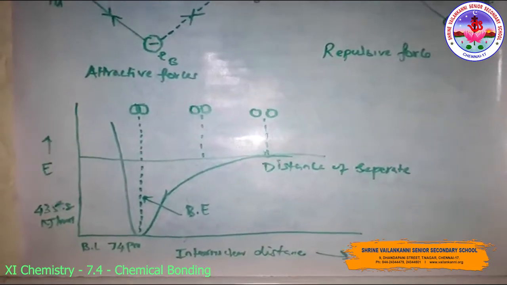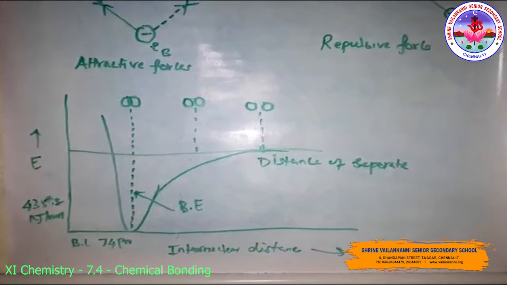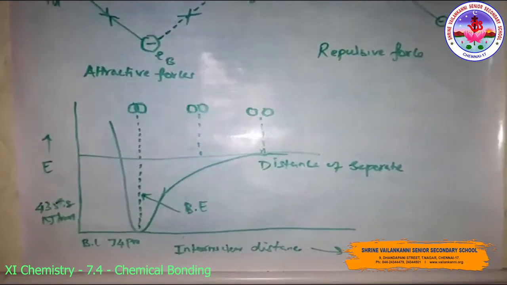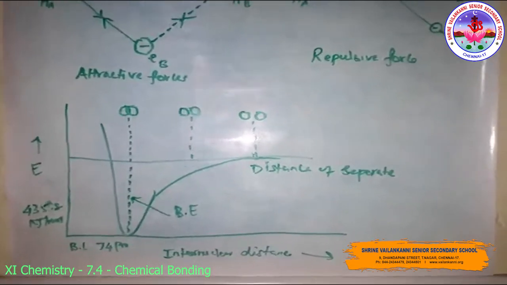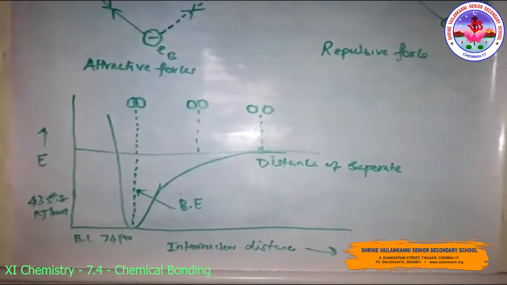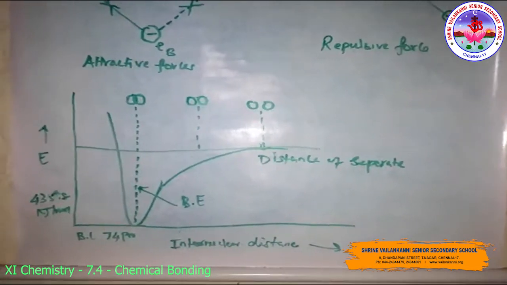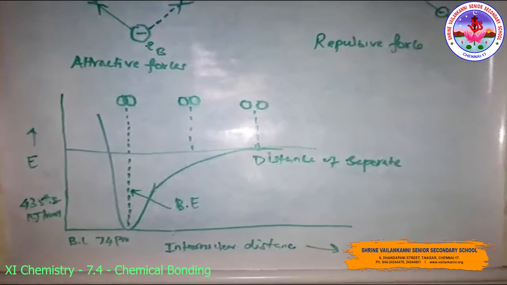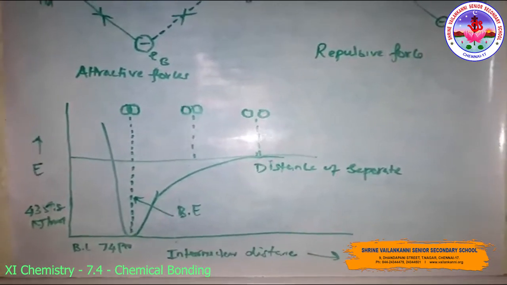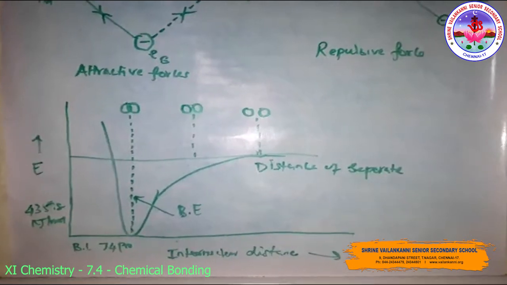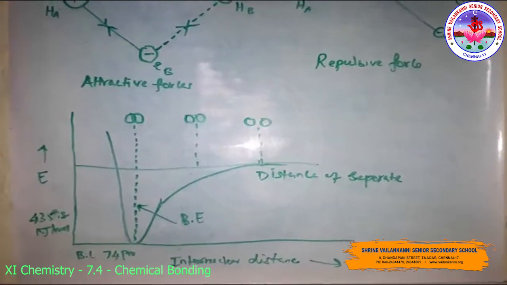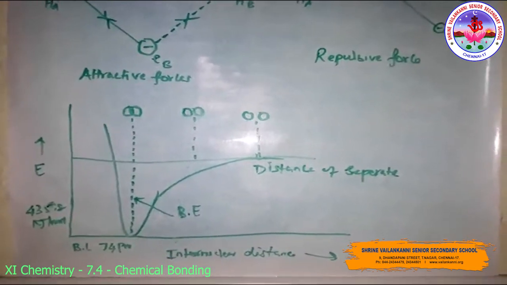Then the orbital overlap concept. The orbital overlap concept is the formation of the hydrogen molecule. There is a minimum energy state when two hydrogen atoms are so near that the atomic orbitals undergo partial interpenetration. That is interpenetration. This partial merging of the atomic orbitals is called overlapping of the atomic orbitals, which results in the pairing